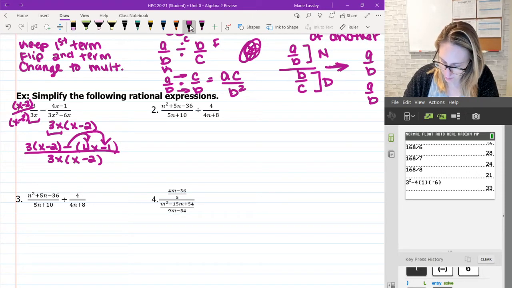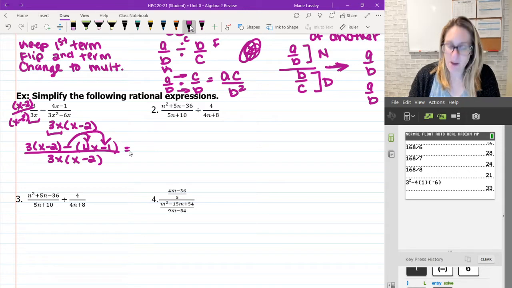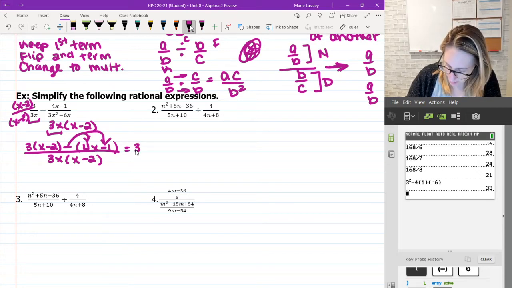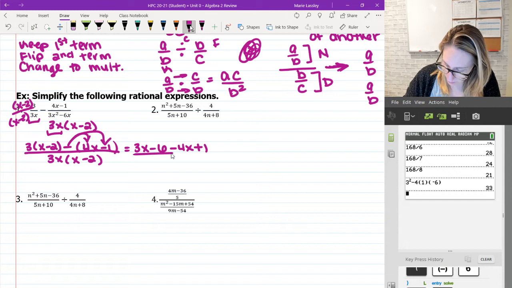Okay, so that's going to give me... and now I'm also going to go ahead and distribute that 3 into the parentheses with the x minus 2. So I'm going to get 3x minus 6 minus 4x plus 1 because I'm distributing that negative. All right, all over